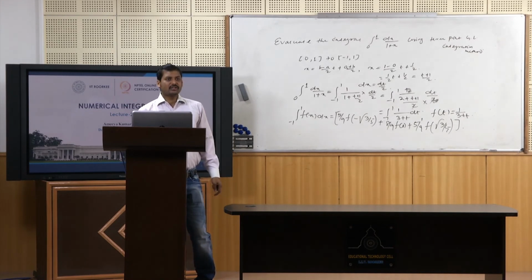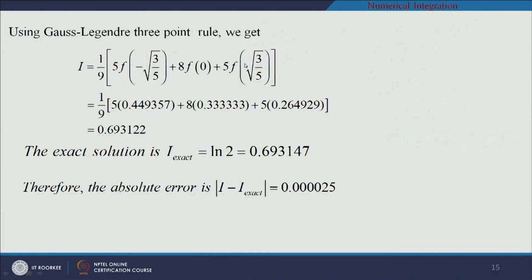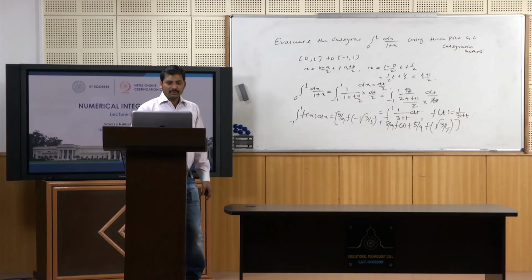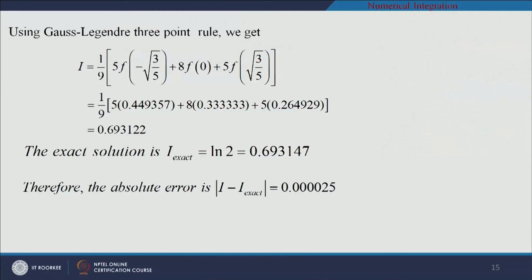For the exact solution, I exact equals ln of 2, which is 0.693147, but the computed value gives 0.693122. If you take the error calculation, the absolute error, I minus I exact, gives you